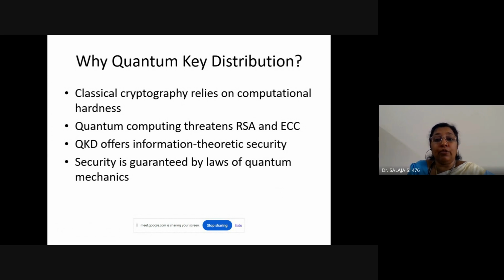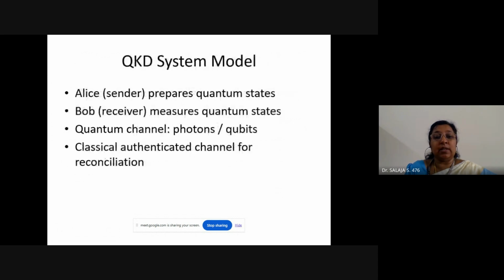So a lot of research goes into quantum cryptography as quantum computing evolves, because the hardness of the existing classical cryptographic algorithms is questioned by the parallelism effect of quantum computing. Having said this, we have a quantum cryptography